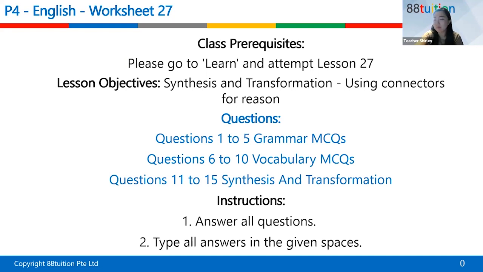Right, while waiting for Jared to come in, maybe I'll just go through the learning objectives of today. I think today's content should be quite brief because of the components that we're covering today. We are covering grammar MCQ and vocabulary MCQ, which are found in section A of your paper 2. Synthesis and transformation is found in section B of your paper 2. So we will be going through all three components today, but as you can see, the components are relatively short. So if we have extra time in between lessons, then we can have a short game. Okay? So that's our plan for today.